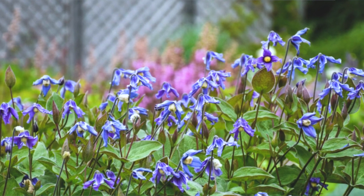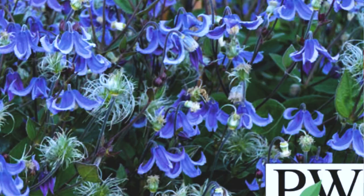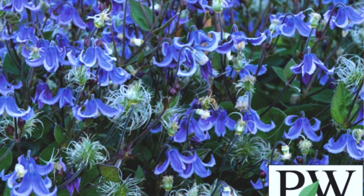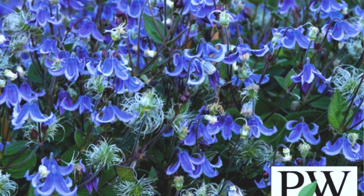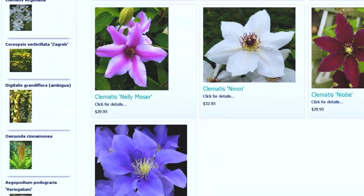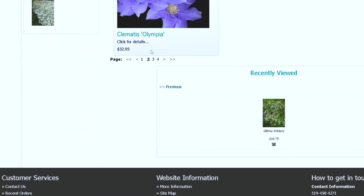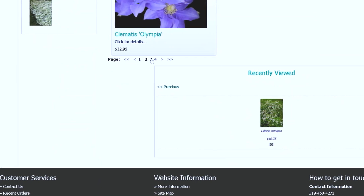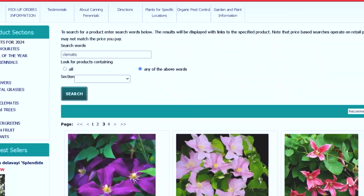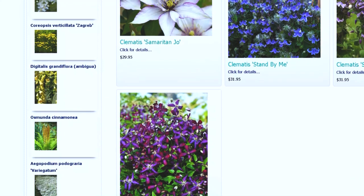Stand By Me Clematis is also called bush clematis, and I believe it's a hybrid with the other bush clematis called Clematis integrifolia. Clematis integrifolia grows up to 5 to 7 feet tall, but the bush clematis grows up to 3 feet tall. They don't vine like a typical clematis, but you still do need support. And what I really like about the Stand By Me clematis is that they have the seed heads once the